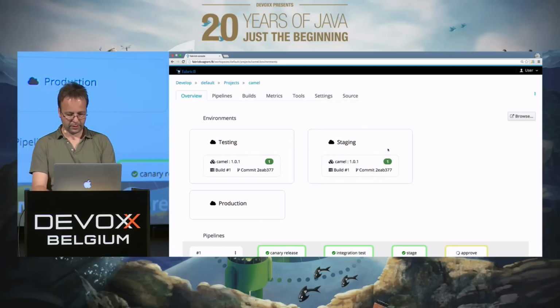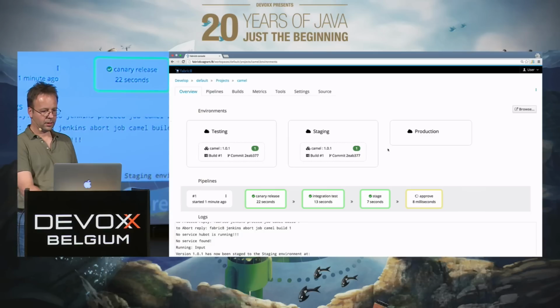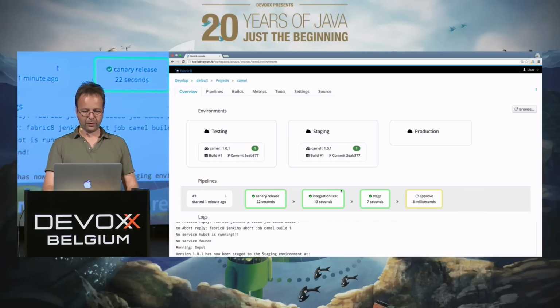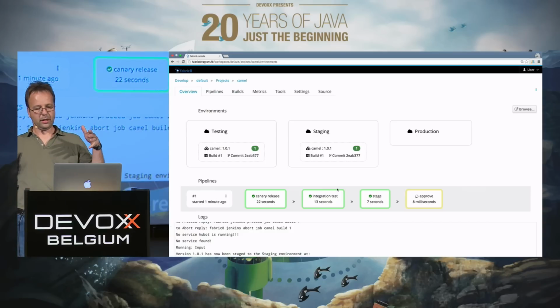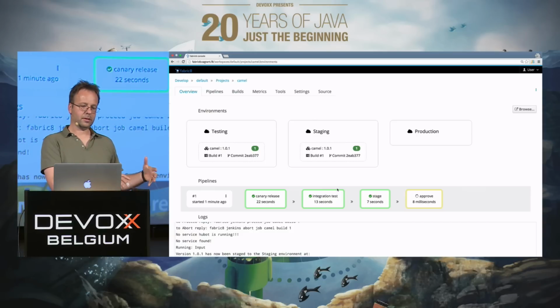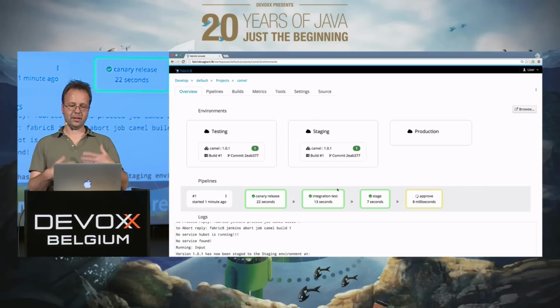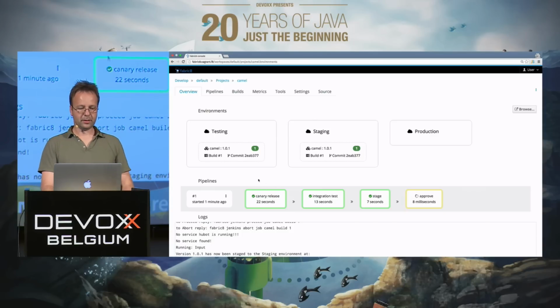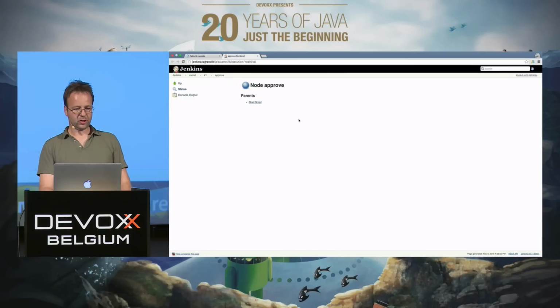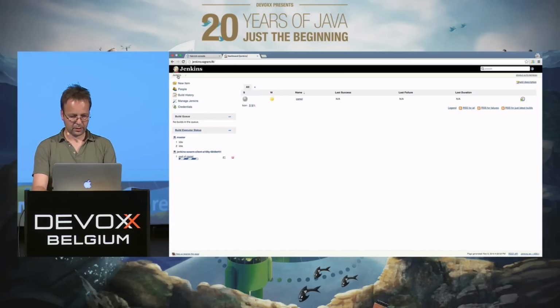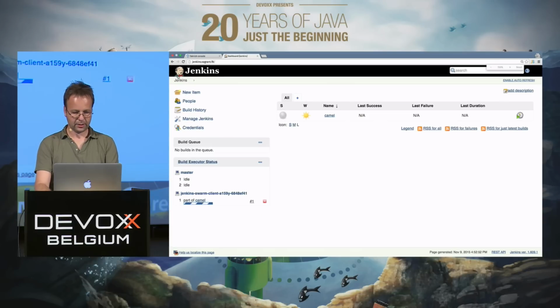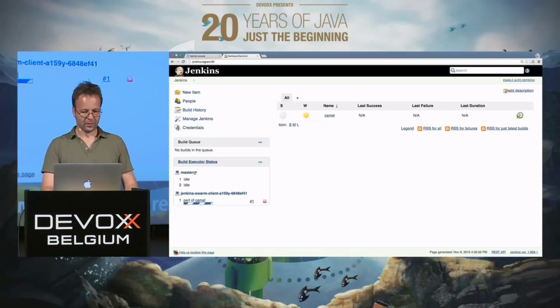Okay, I have to make it a little bit smaller again. What you see here now is that it is quite advanced already. So what has happened? The CD delivery pipeline has detected that there has been a new project, or an initial commit. So it fires up and goes through this Groovy DSL for creating various steps. A release was created, then the integration tests. You can always go to the Jenkins jobs here. This is the Jenkins application which has been created.